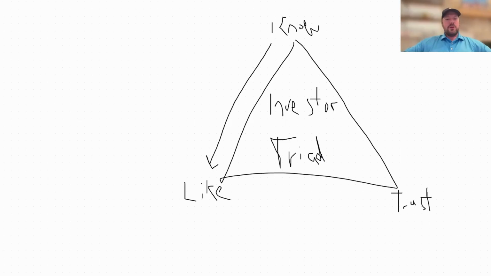So of these three things, the most important thing is to get people to know you. Yes, getting them to like you and trust you is important, but if they never get to know you, they never have an opportunity to make an opinion as to whether or not they like or will eventually trust you. So the content that you create, whether it be articles that you're writing, books that you have written, a podcast you're a guest on or are starting, or even going to various events and making yourself known at these events, is very important as well. So this know, like, and trust triad is very important for an investor to be able to attract investors.